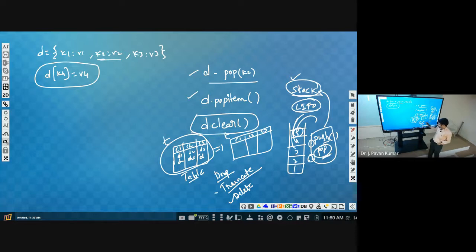Truncate means there is no need of specifying a condition like age less than 18 or greater than 18. If you use truncate, automatically it will delete the entire data. Drop means the entire table itself is deleted, the table definition. If you try to access T, it will give an error saying T is not known. Of course, this is out of the syllabus.